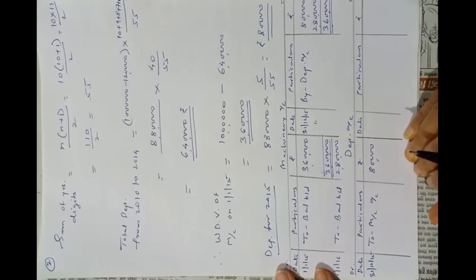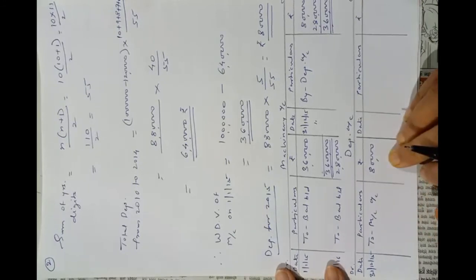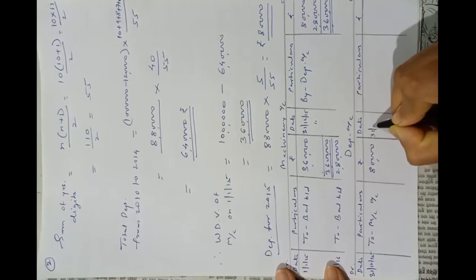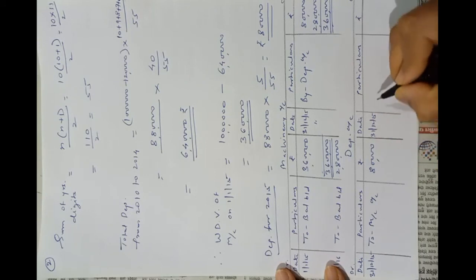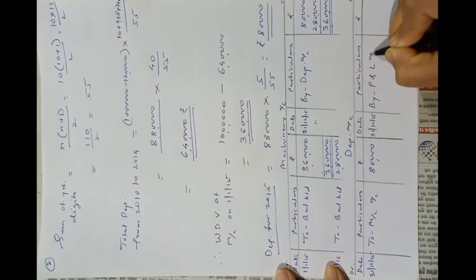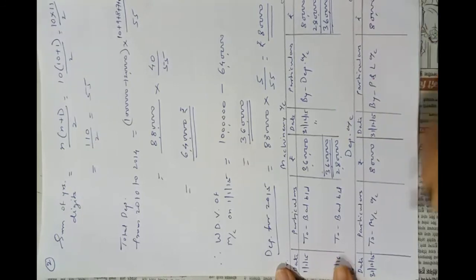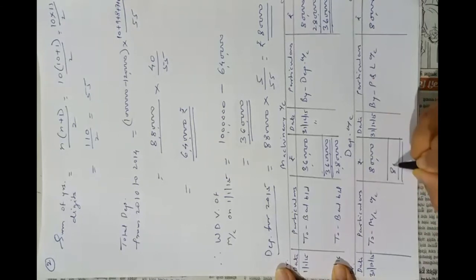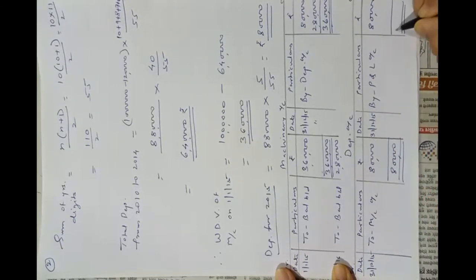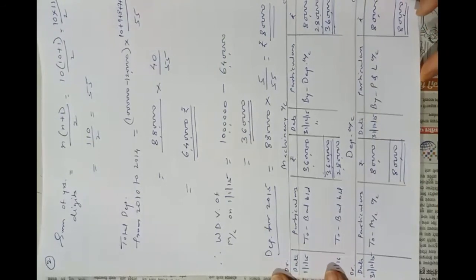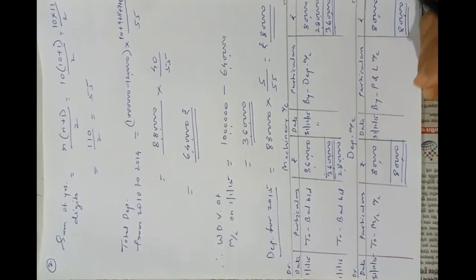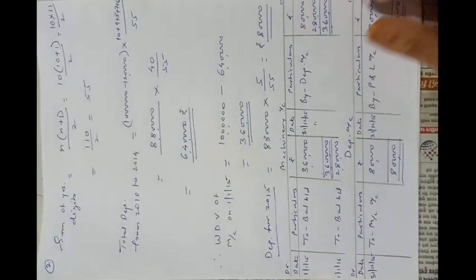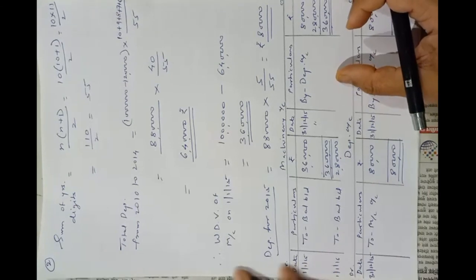Okay, here on 31st December 15 to machinery account 80,000, and on the same date, that is on 31st December 2015, at the end of the year 2015, the amount of depreciation will be transferred to profit and loss account. So by profit and loss account 80,000, account tallied here 80,000. Okay, in this way we can calculate depreciation of a specific year also by using sum of years digits method, and show the accounts as per the requirement of the problem.